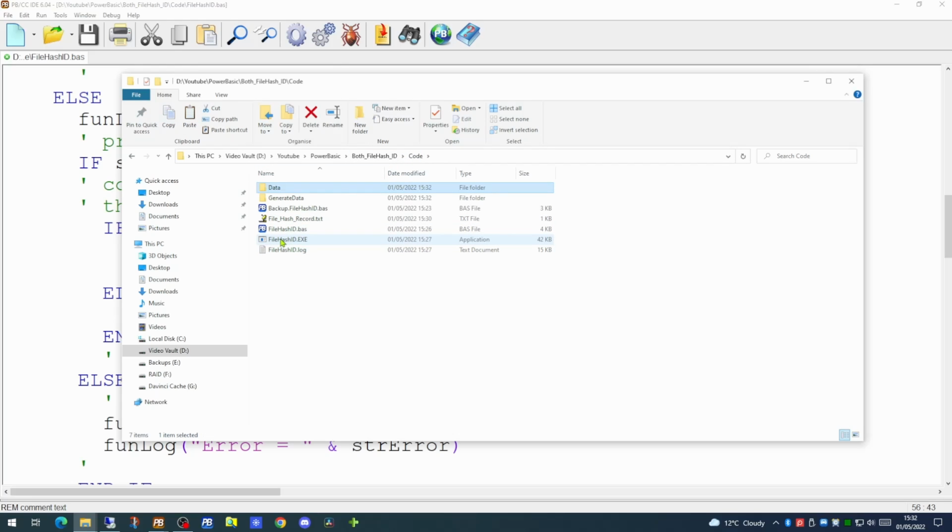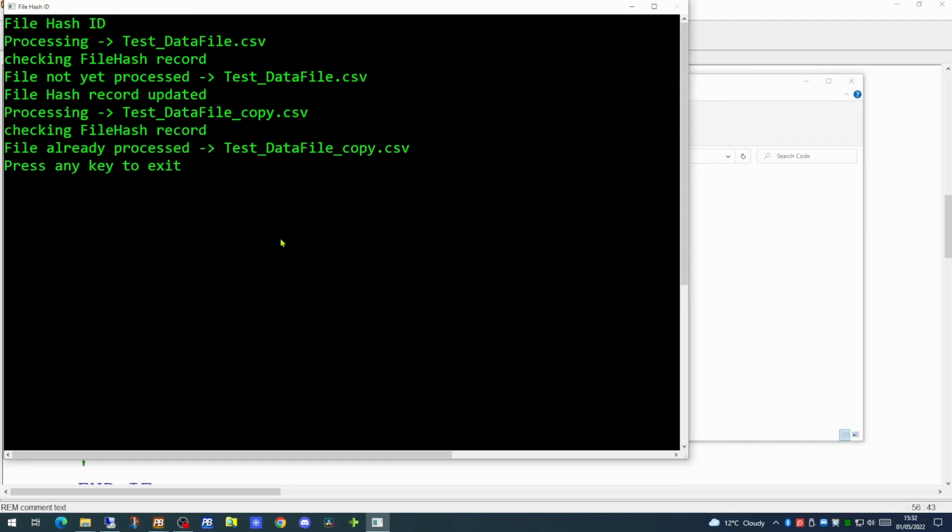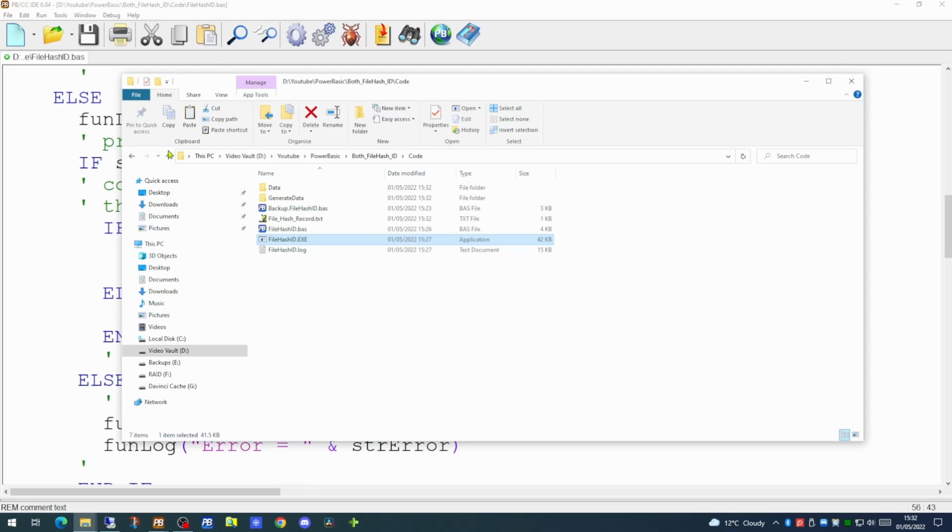If we run our application again, it recognizes that we have two files, a test data file, which is not yet processed, and it has updated the file hash record for that, and a test data file copy, which it has already processed. So you can use this mechanism quite easily to determine whether files have been done already or not.